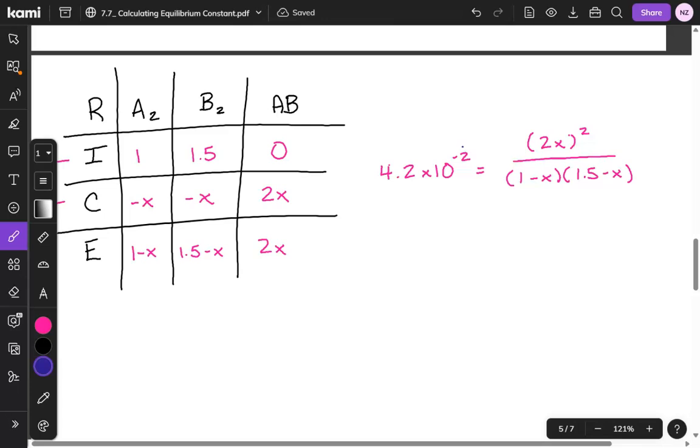So we assume that 1 minus x and 1.5 minus x will just be the same number without the x. Okay, so if we solve this using that assumption,